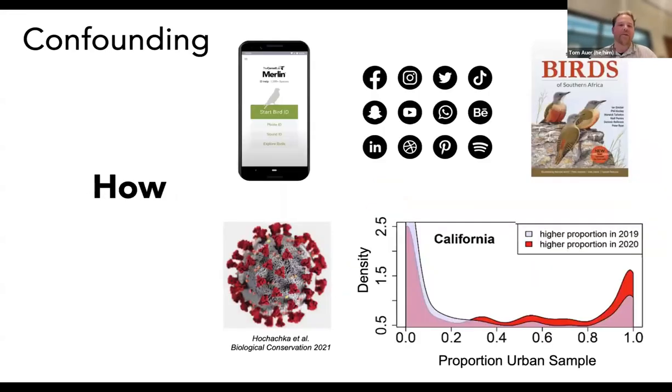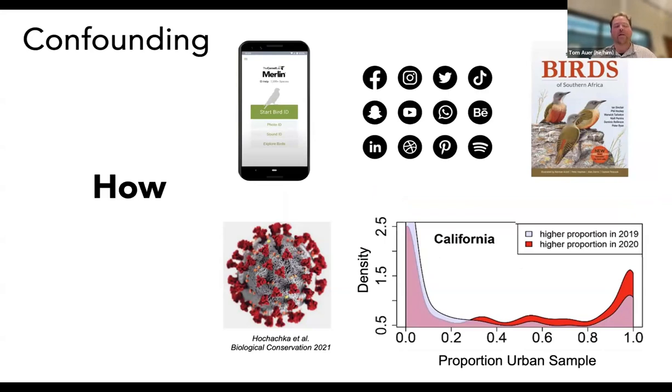And then there's a variety of other things going on with how people are learning, how knowledge is being shared. You can think of field guides or apps like Merlin, social media where information about where birds are spreads. And things like COVID actually drove people to choose a different type of habitat, right?